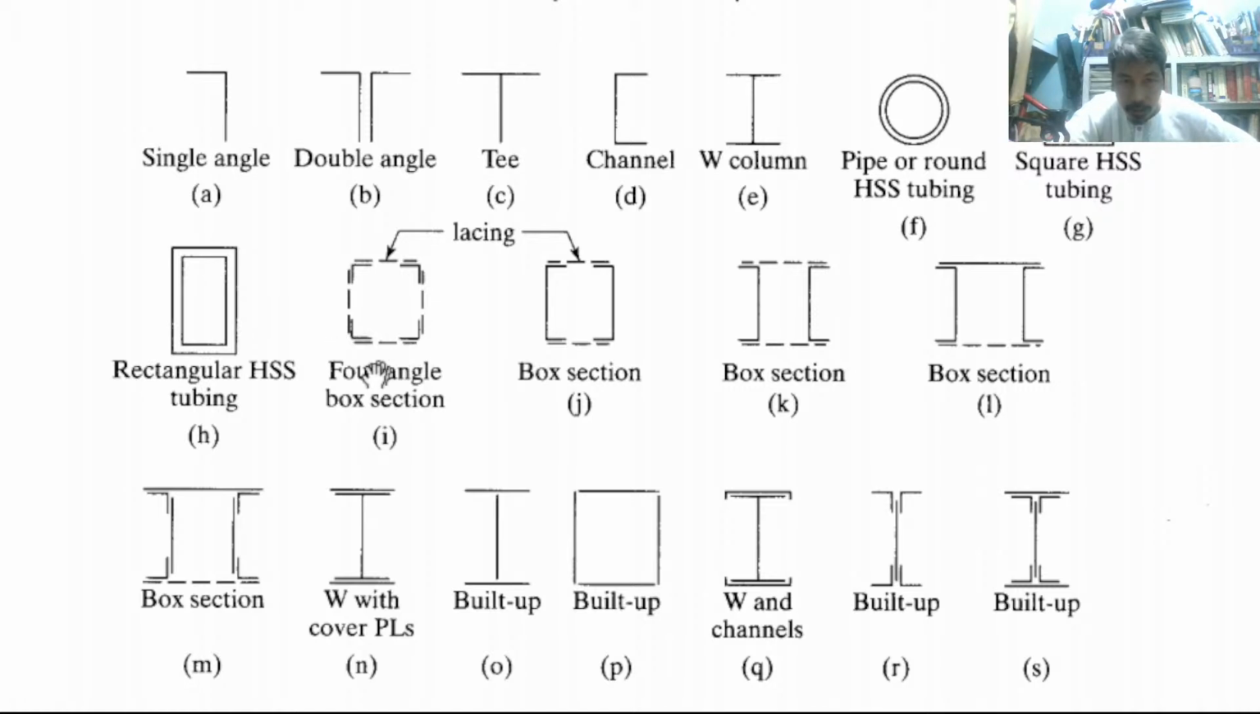The 4-angle back section is a built-up section. You can use angles and plates: angles at the corners, then plates on the sides. Back section is also a built-up section. As you can see, two channels, and then you put on the necessary lacing or plates. Another type of back section has the C channel